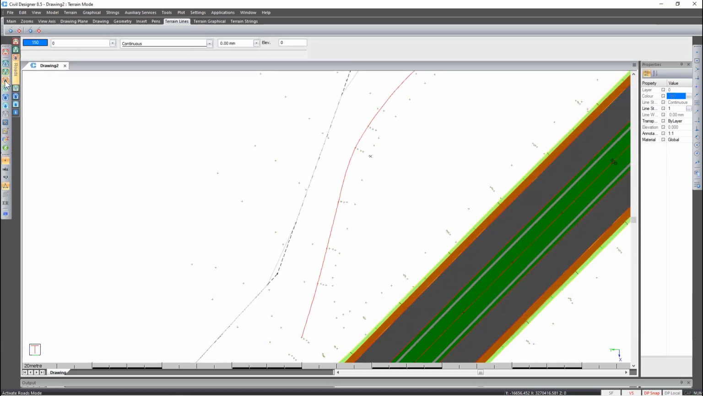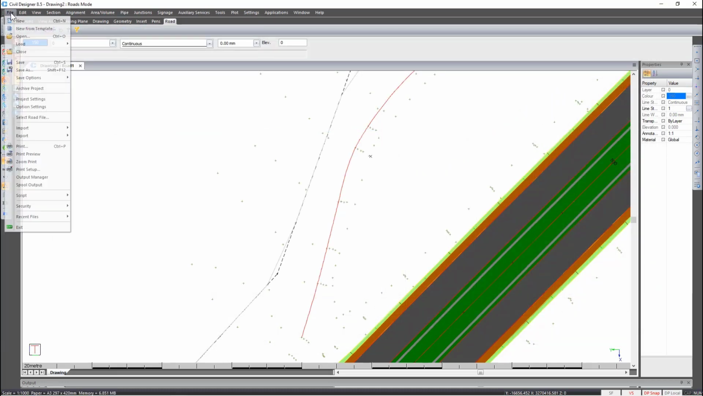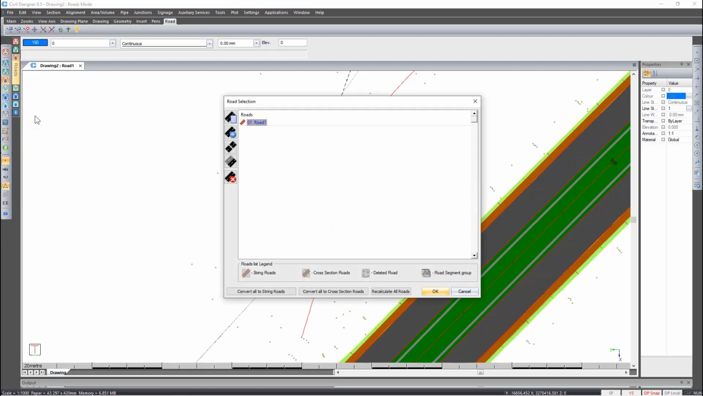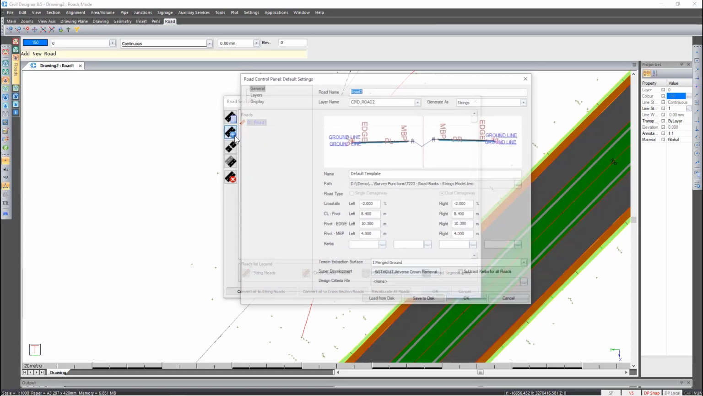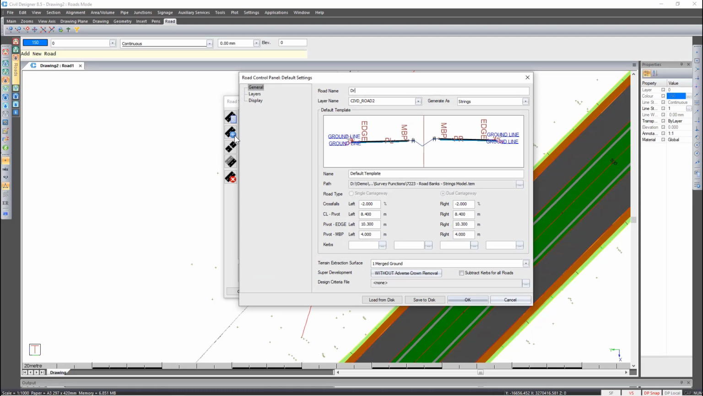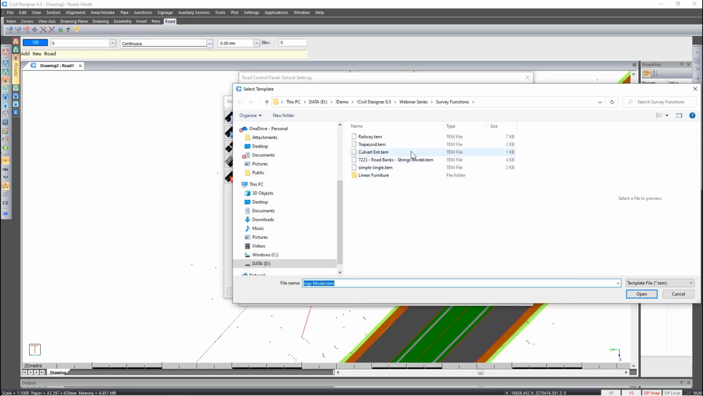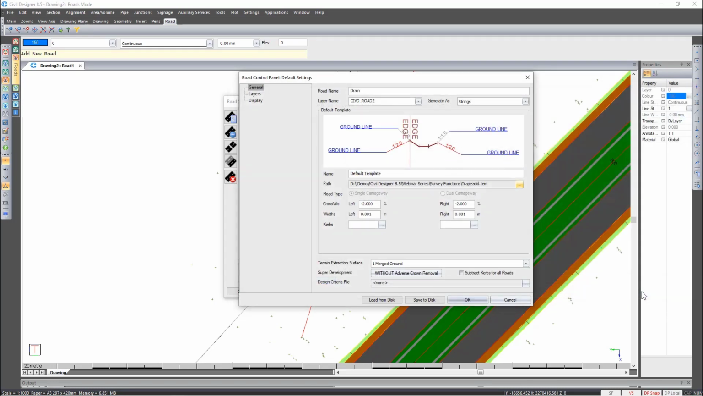Having done that, I'm going to go to the roads mode, go to File, select Road File, and create a new road. Let's call this Drain, and specify a different template. Now we can see the cross section of our drain. Click on OK